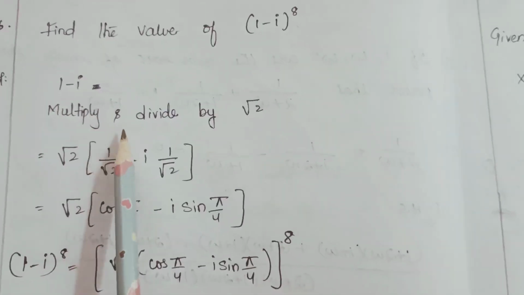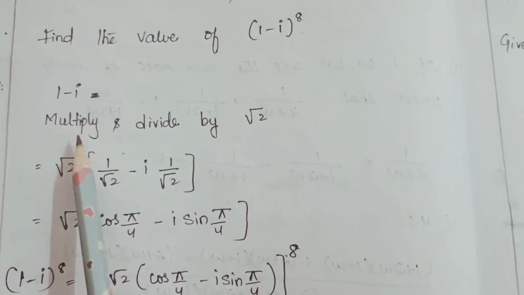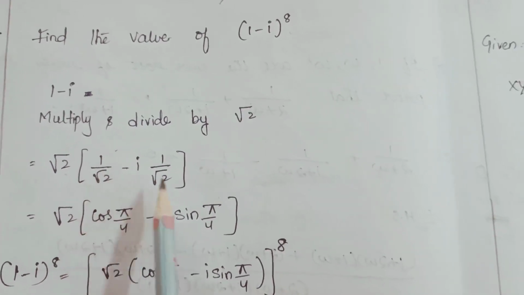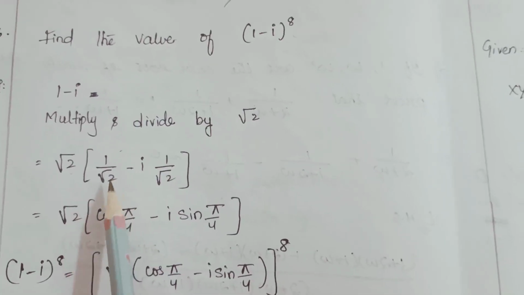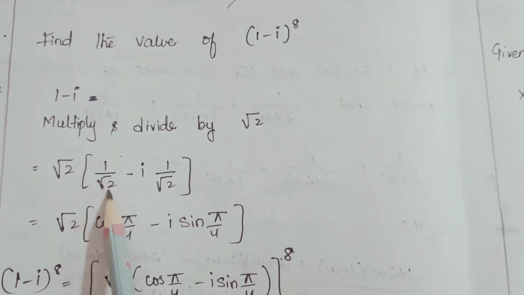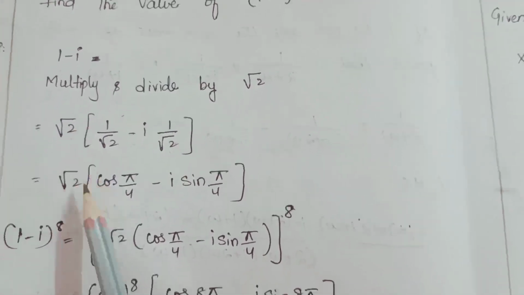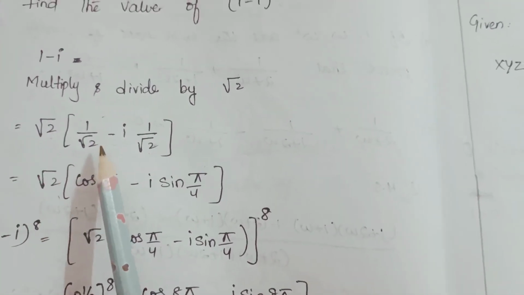Number 6. Find the value of (1 minus i) whole to the power of 8. First take 1 minus i. Now multiply and divide by root 2. Multiply by root 2 and separately multiply both the terms by, and divide by root 2. Okay, 1 by root 2 minus i 1 by root 2. Here dividing, here multiplying. Root 2 into, we can write it